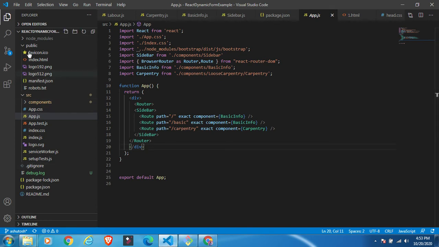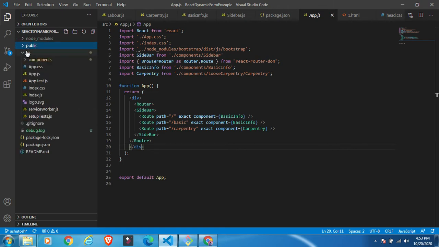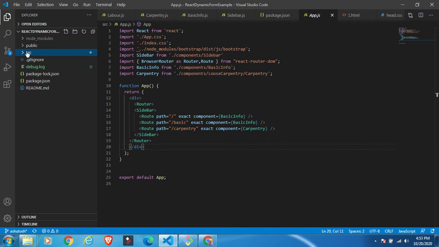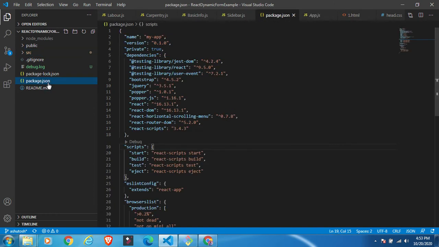If you install React in your system, the prerequisite is that if you are using the CLI, you need to install Node.js in your system, and then you need to know some basic things like HTML, CSS, JavaScript or ES6 syntax, etc. As you already know, I hope that you should know these things.